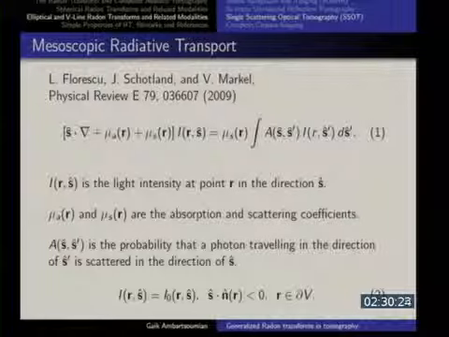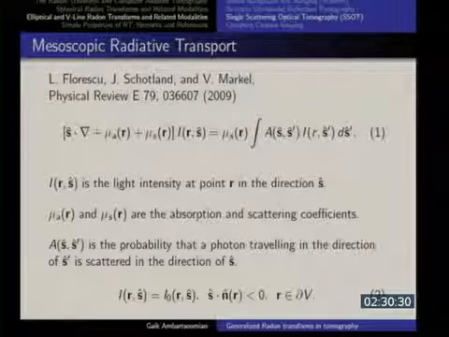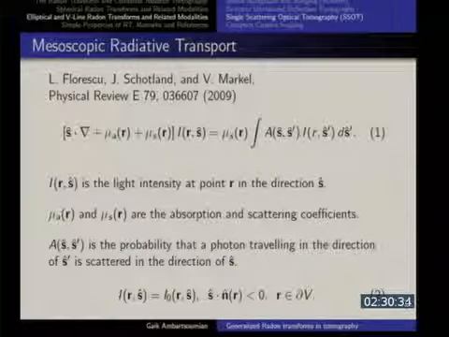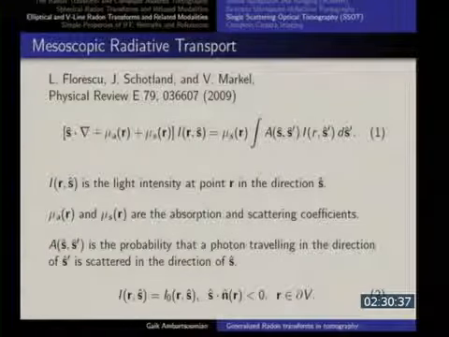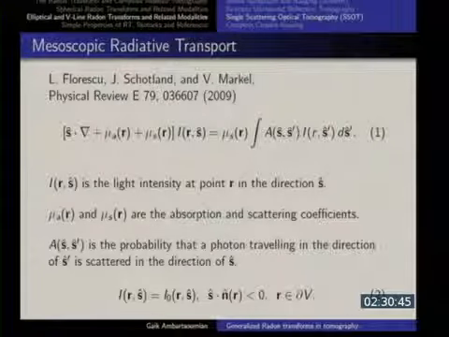Mu S is the scattering coefficient. Again, scattering, and I have the same variables, r and s. r is the radius vector, it's the location about which I'm talking. s is the direction. So the particle flies, at any given moment of time, the particle is in a certain location, and it has a motion in a certain direction, right? r is the location, s is the direction. So it's a balance equation.